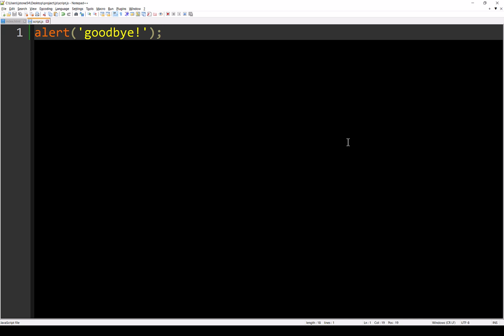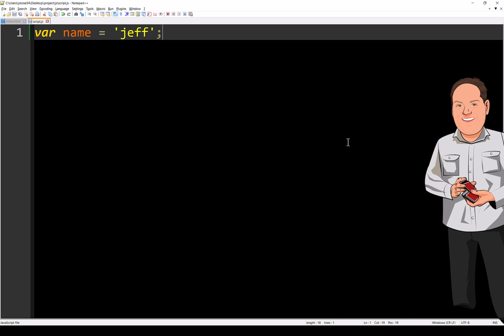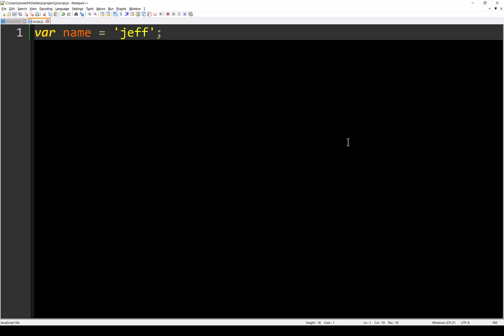Let's take a look at some of these examples we were talking about with the variables. So first off, let's look at just declaring a simple variable. We will call it name, and we'll set its value equal to Jeff. That's me. So what does this mean here? Well, we remember it's context execution, right? What does that even mean?